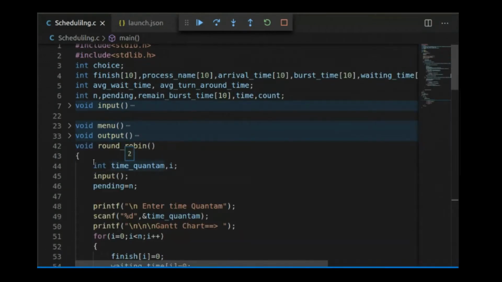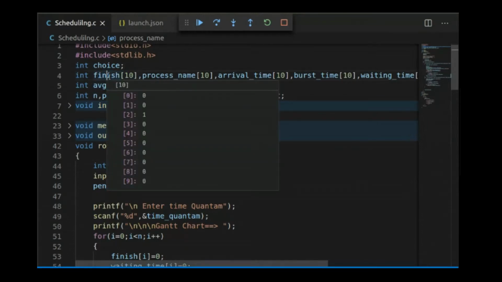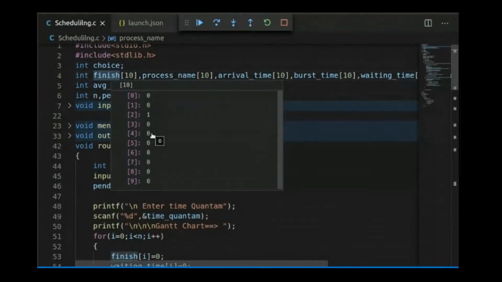Before going with the round robin, let us check the variable names. The finish array, as I have told you, will check whether the process is complete or incomplete. If the finish value for a particular process is 0, that means it is incomplete, and if it is 1, the process is complete. You can see that the finish value is 0 for each process.